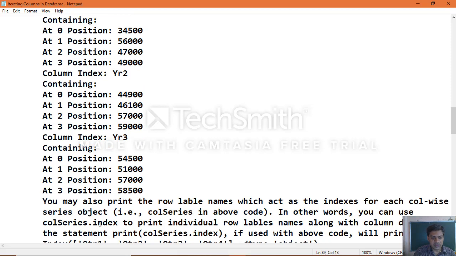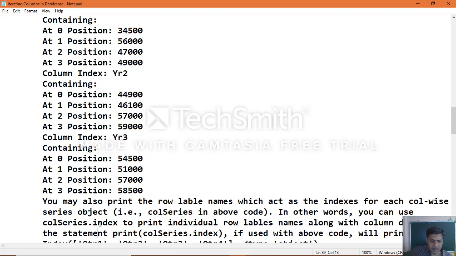Okay, you may also print the row label names which act as the indexes for each column wise series object, that is column series in the above code. In other words, you can use column series.index to print individual row label names along with column data.